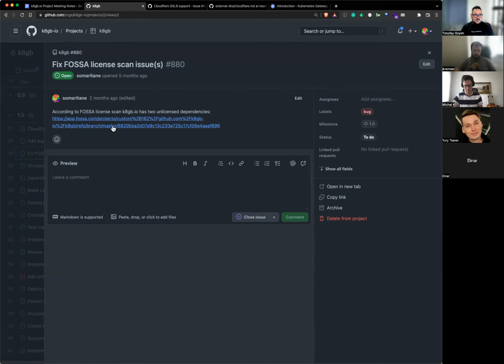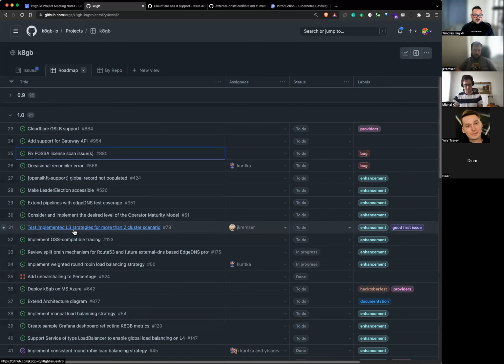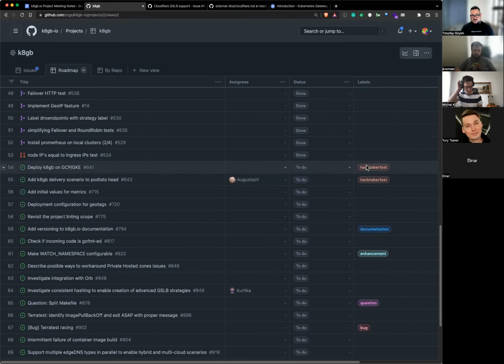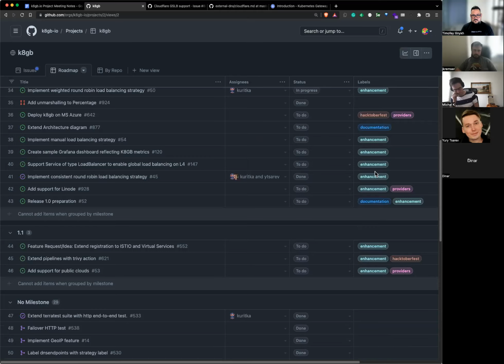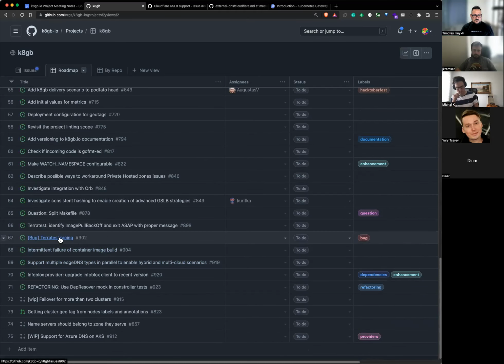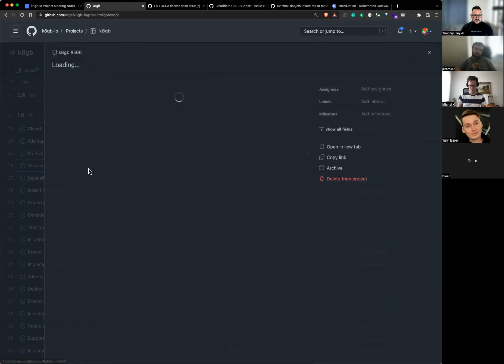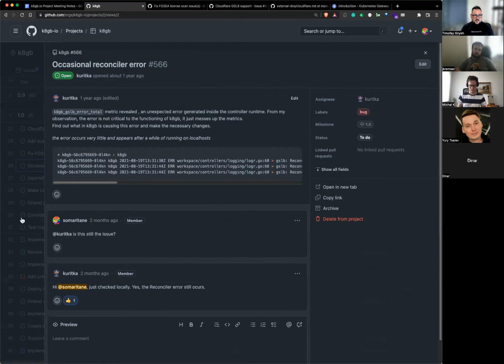So FOSSA scan, the license scan. I think in general we should decide how to treat bugs, because I think we have several of them. One is zero test tracing, another is FOSSA license scan issues, and then there's an occasional reconciler error.